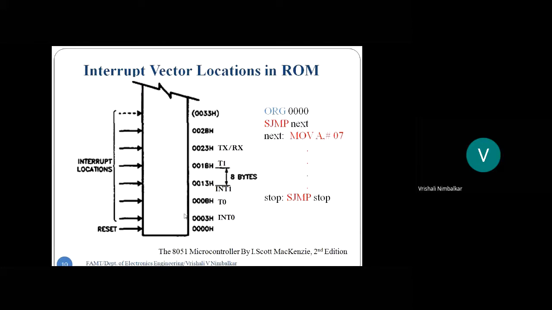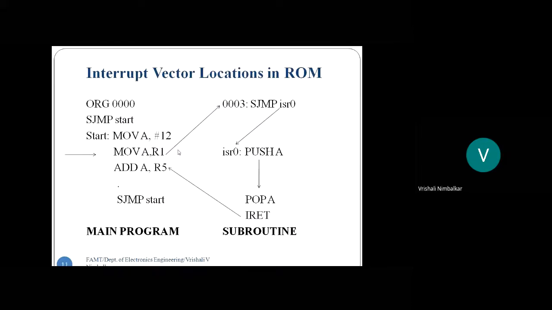No doubt we skip these memory locations and start our program beyond 2B hex, but then at these memory locations, it is expected to write the program for the interrupt. But the space is not sufficient. Your first vector address is 3 hex. Immediately next, after 8 memory locations, you have the vector address of timer 0. Next 8 locations, you have the vector address for interrupt 1. So 8 memory locations are not sufficient to write an interrupt program. So then what do we do? We saw in the next.